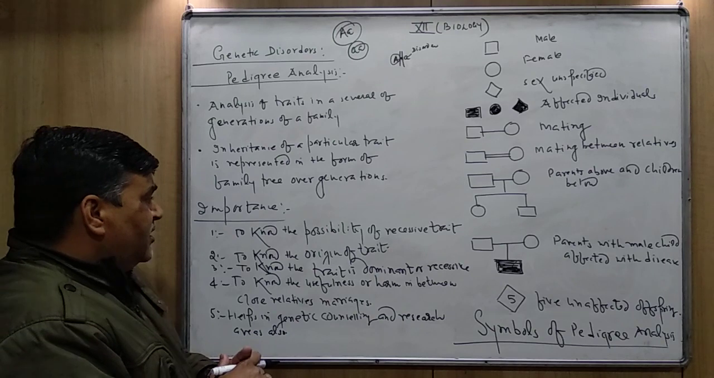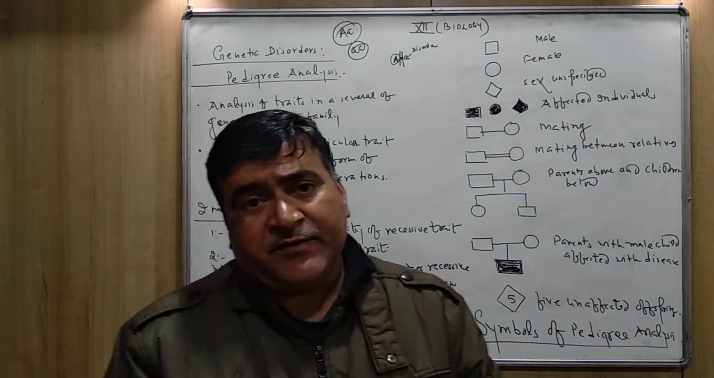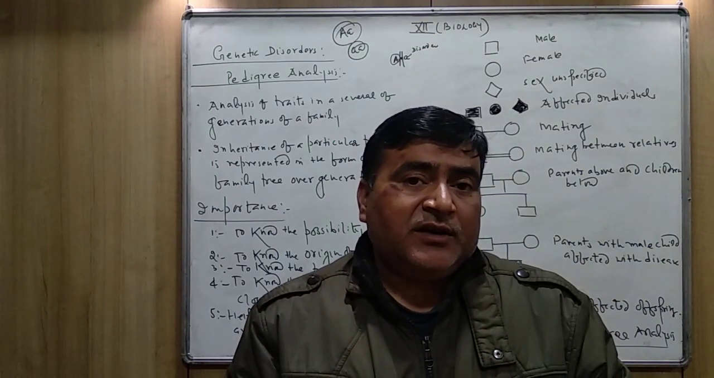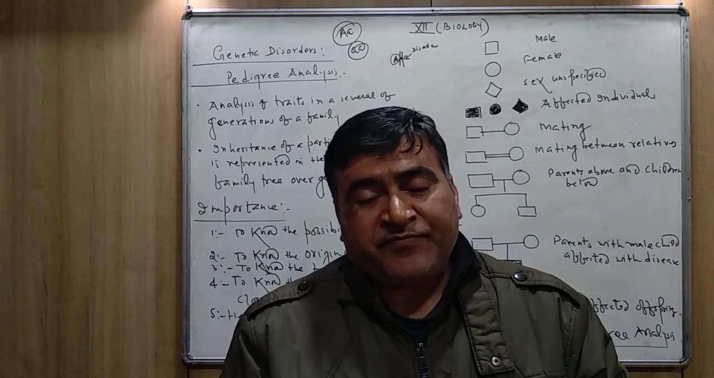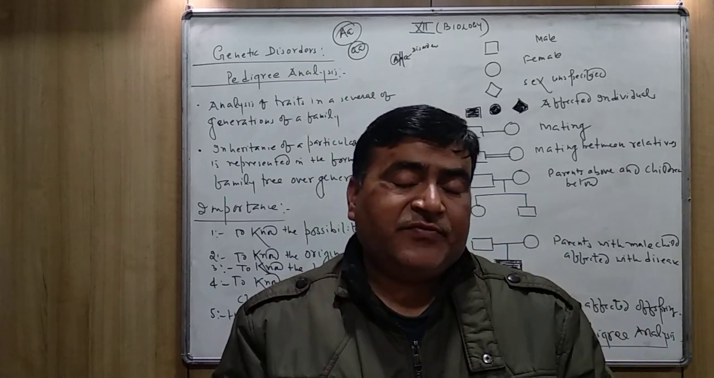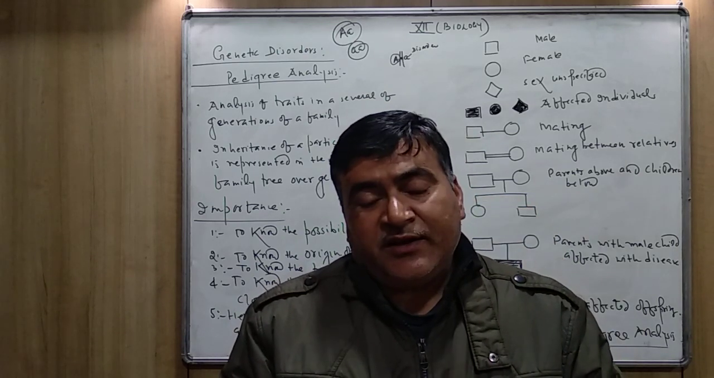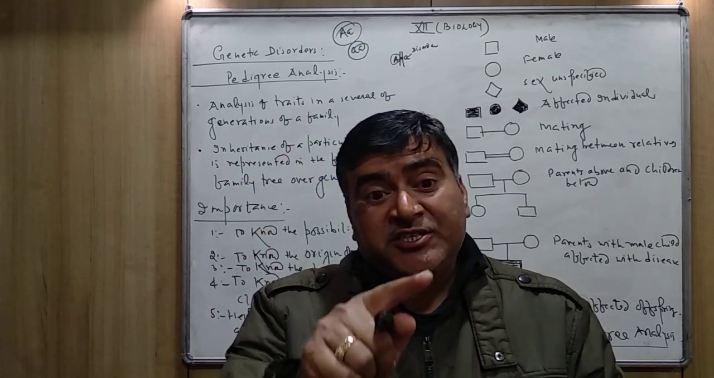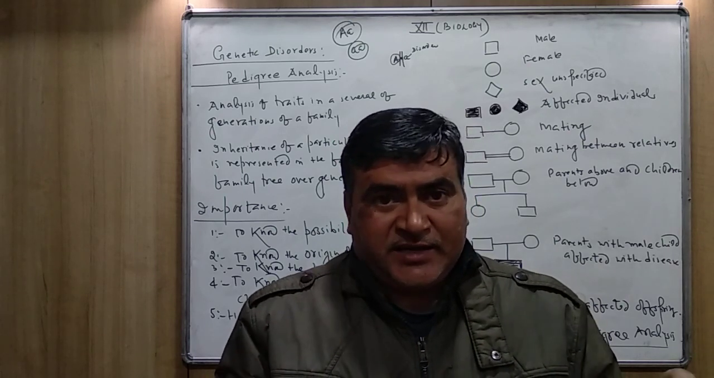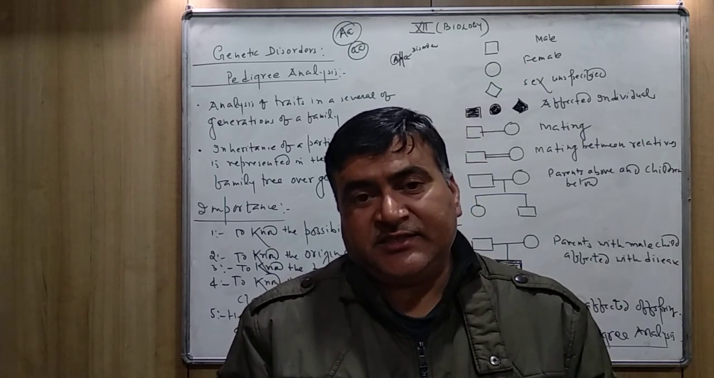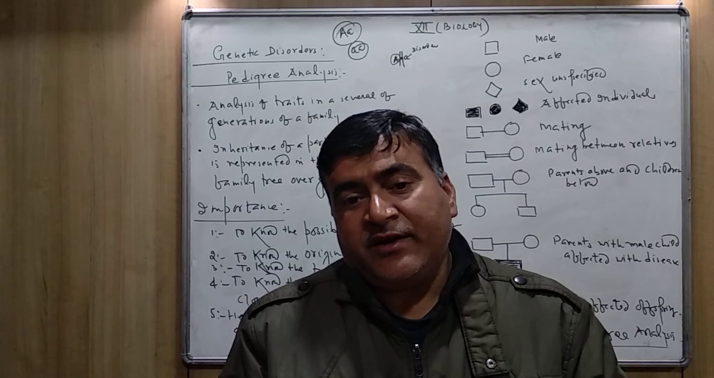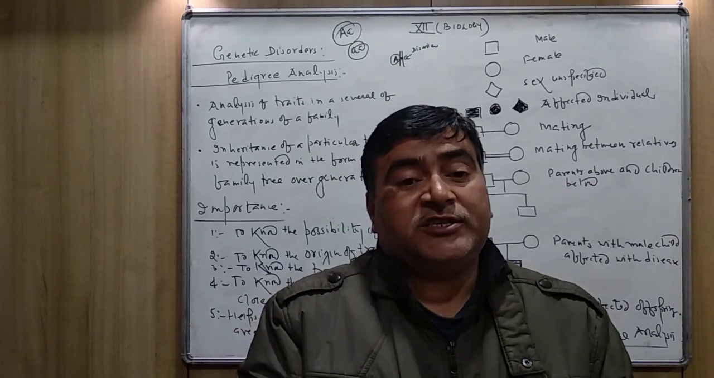Second, to know the origin of the trait. Suppose any trait, or trait means the disease, is running in the family. Through the pedigree analysis, through the pedigree chart, we will get to know from where the trait has originated. If you make the diagrams, the two diagrams already given in the NCERT book, you can see, I will also make them here. By making the diagrams, we will get to know from where that particular trait has originated,